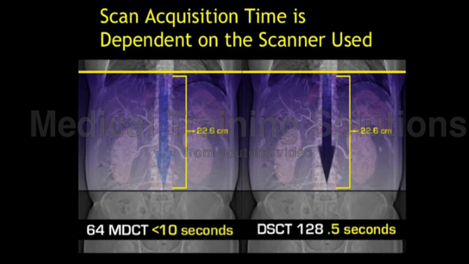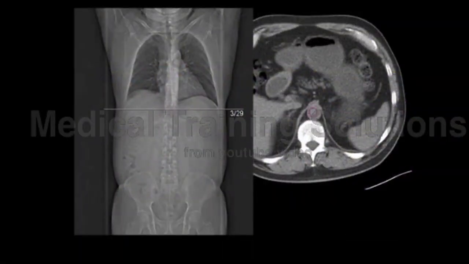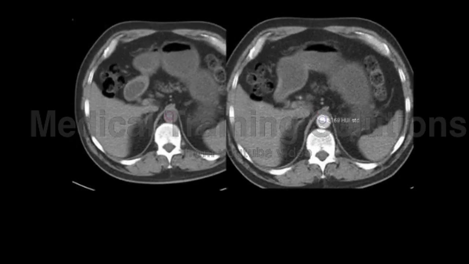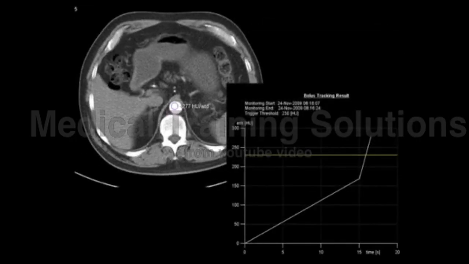So for example, by using a trigger point, and again your trigger point becomes important, you're doing the abdominal aorta, trigger near the diaphragm. On a 64 slice you may trigger at 220. On a dual source, you might trigger at 270, 280. You can see when you trigger, the scanners will vary a little bit in how long it takes from triggering to scanning,